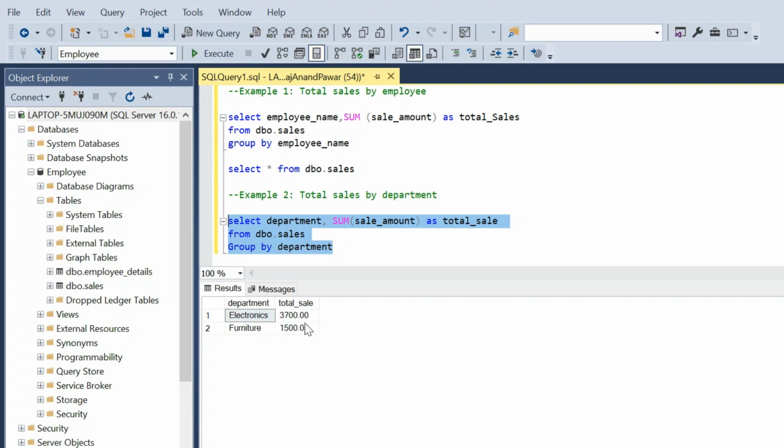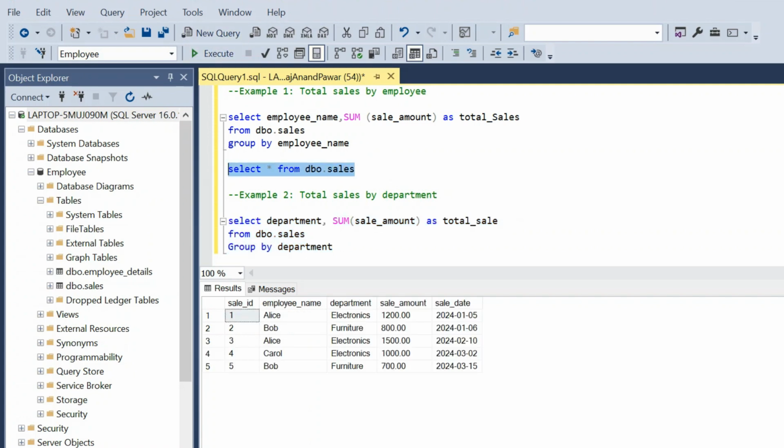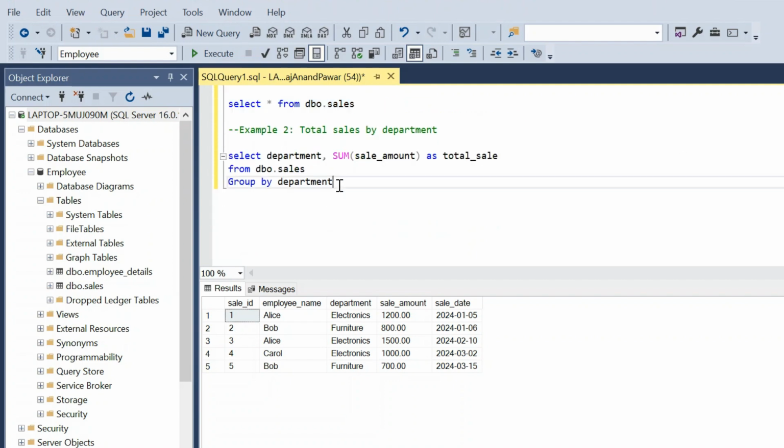Let's see one more example. Suppose I want the count of the sales per employee. So here in the total data you can see Alice made two sales, Bob did two sales, and Carol did only one sale. So in that case, I want to find out the count of the sales per employee. So this is example 3, count of